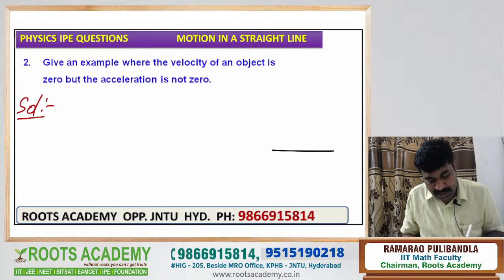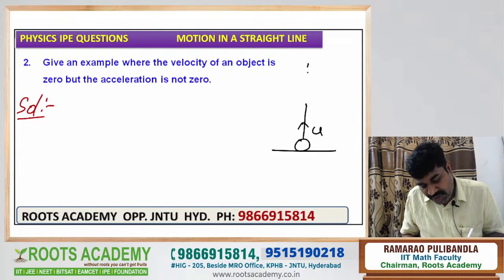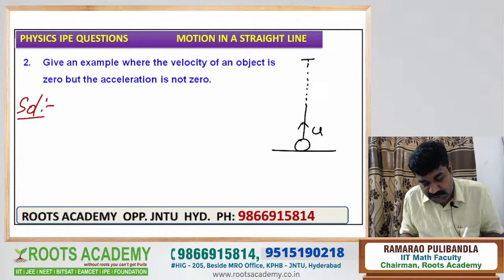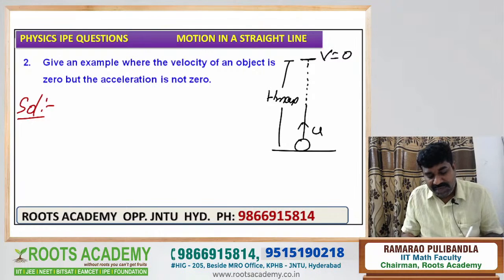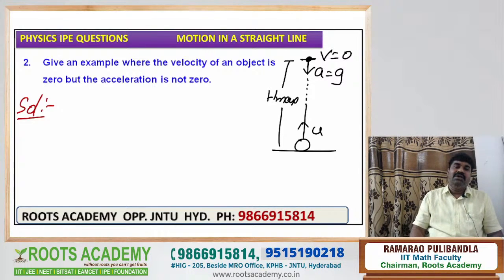For example, if a body is projected vertically upward with some initial velocity, when the body is moving in the upward direction, the velocity of the body gradually decreases and becomes 0 at maximum height. Velocity at maximum height is equal to 0, but acceleration due to gravity at this position is also acting vertically downward